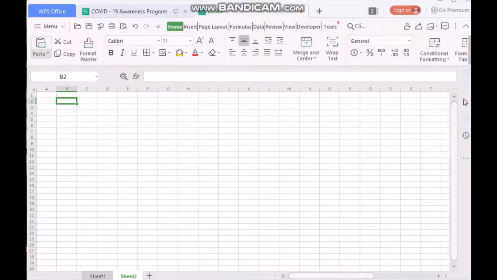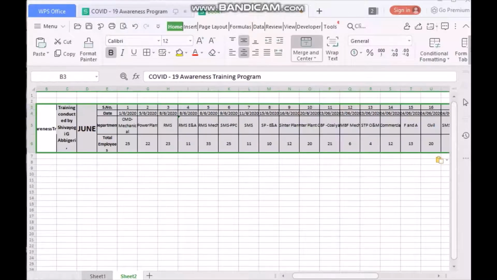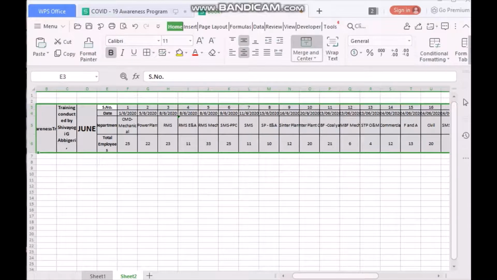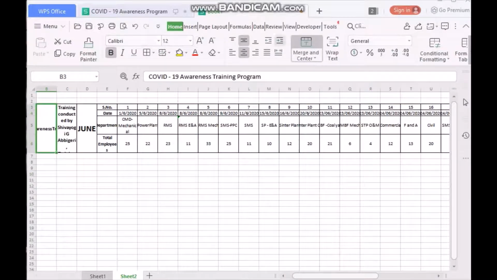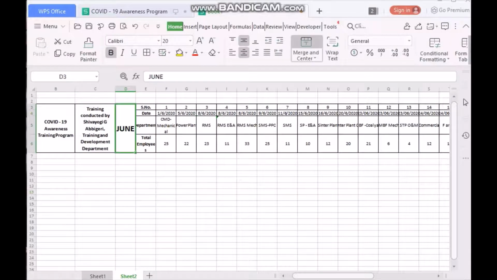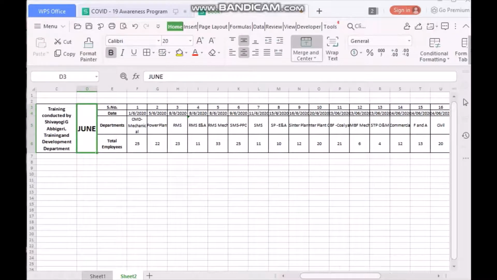When I select it, all the data I selected before is rearranged, and here you can see the vertical line. Here I have the title, so I'm changing it by wrapping the text so that I can see all the data very easily. Merging cells means merging two cells, and it makes it easy to see all the data. After that, wrapping the text will help you display all the data in that particular cell.